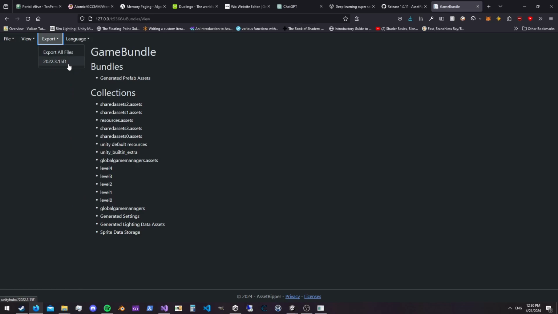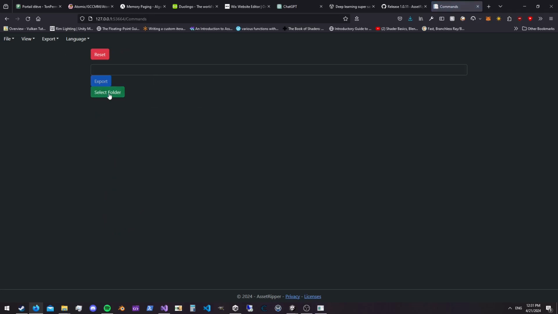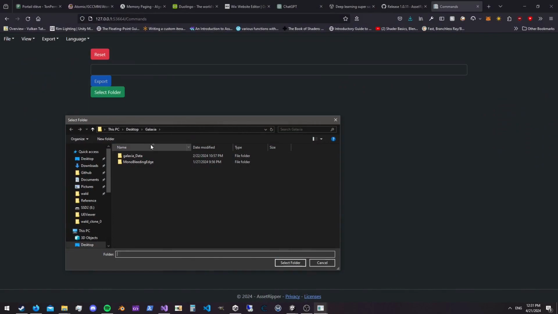So this game was built with version 2022.3.15. If you want to install this version, you can. You can also just upgrade or downgrade the version, it doesn't matter. Then go to export all files, select folder, and then it's going to open up a file explorer inside of